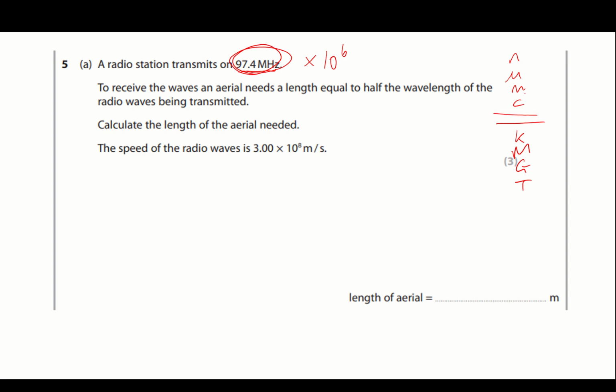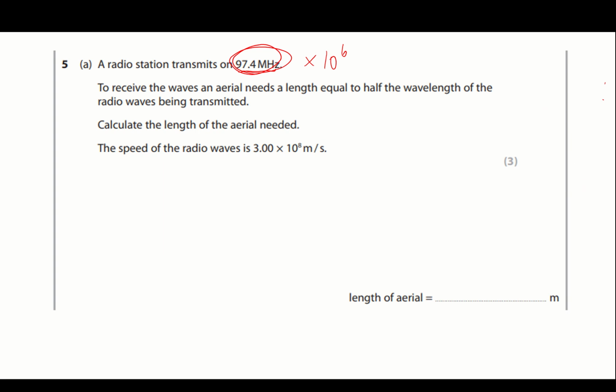So nano, micro, milli, centi, kilo, mega, giga, tera. And I told you to learn 10 to the minus 2, 10 to the minus 3, 10 to the minus 6, 10 to the minus 9, 10 to the 3, 10 to the 6, 10 to the 9, 10 to the 12. And all we've got to do is, if I'm going to the SI unit, multiply by this. Or you also learned to divide by a 1 with 2 zeros. Horses for courses, you pick what's best for you. But yeah, that's a good tip. Write that as soon as you get into the exam on the front, and then any higher tier unit changes